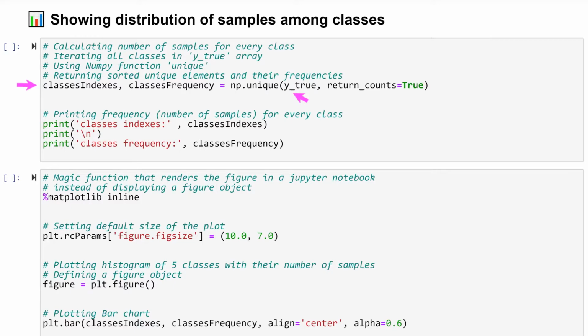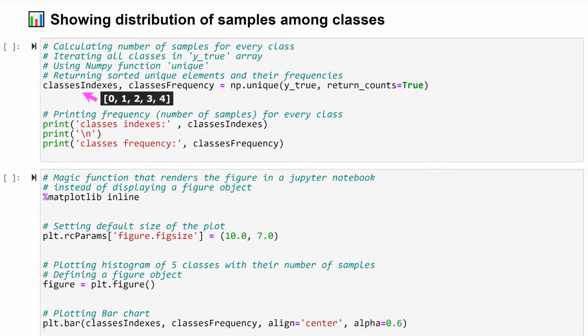The function will calculate how many times every class number is met in this array. We also activate here argument return_counts that will actually return calculated frequency for every class. Results will be written into two variables. First one, classes indexes, will keep sorted unique classes numbers taken from yTrue array.